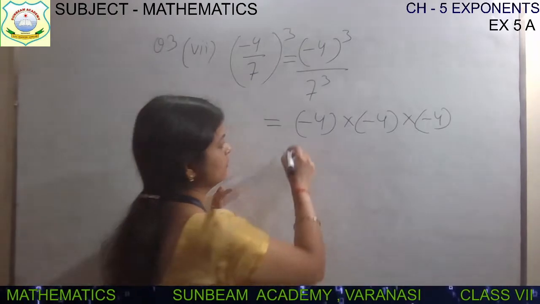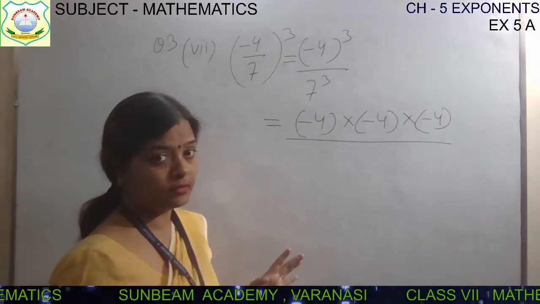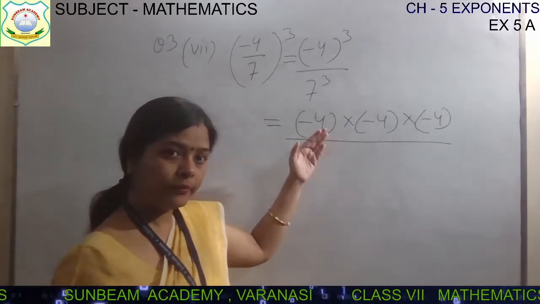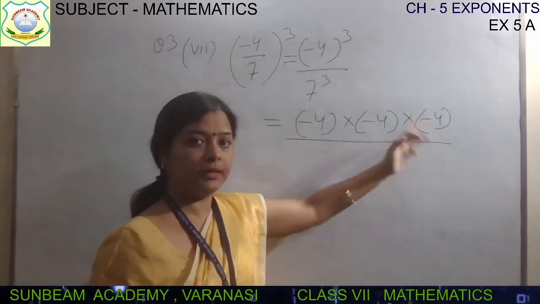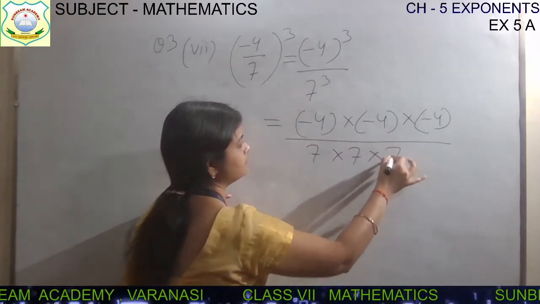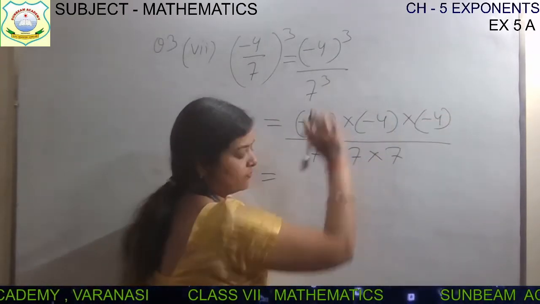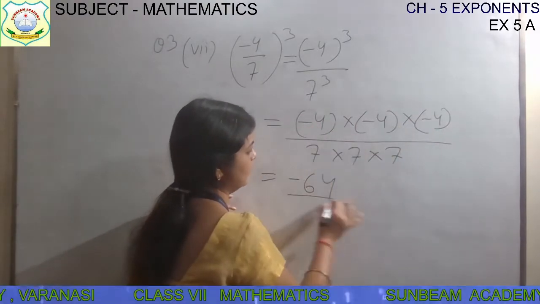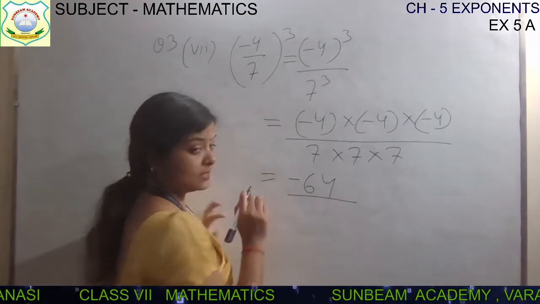But I am writing because it's not necessary that you know all the cubes. Squares you can learn, but for cubes also, if you are not remembering it, then what you will do? You will expand it. Minus 4 multiply 3 times with itself. 1, 2, 3 times with itself. Same way 7 will multiply 3 times with itself. 4 4s are 16 and this one is 16, children, and 16 4s are 64. 64 will come and minus sign will come because minus minus will become plus, so one minus will be left. Odd number, na? Odd number is in power, so minus will come if it is a negative number.